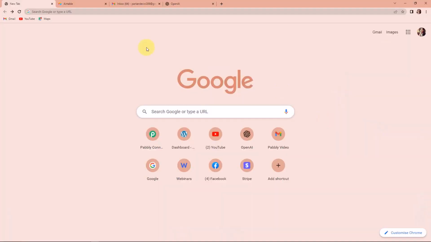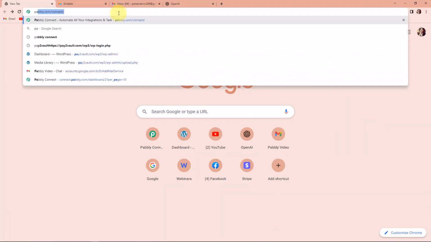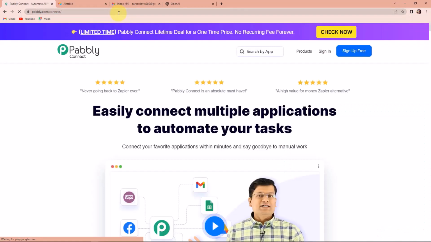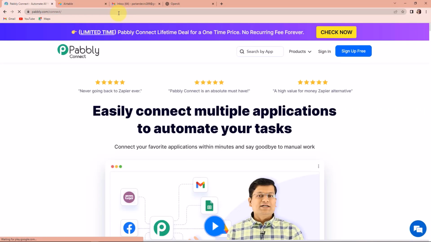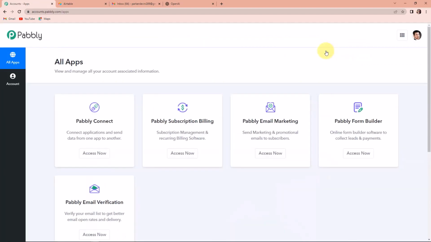To begin with the process, we are first going to type the URL pabbly.com/connect, and as we do that, here we are at the landing page of this software. Now here on the right hand side, we can see two options, sign in and sign up for free. If you already have an account with us, simply sign in, and if you are a new user, then you will have to click on the sign up tab. It won't take more than 2 minutes. You would be able to create your account, and also at the time of account creation, you will get 100 free tasks. Now since I'm already a user here, I'll simply click on sign in,